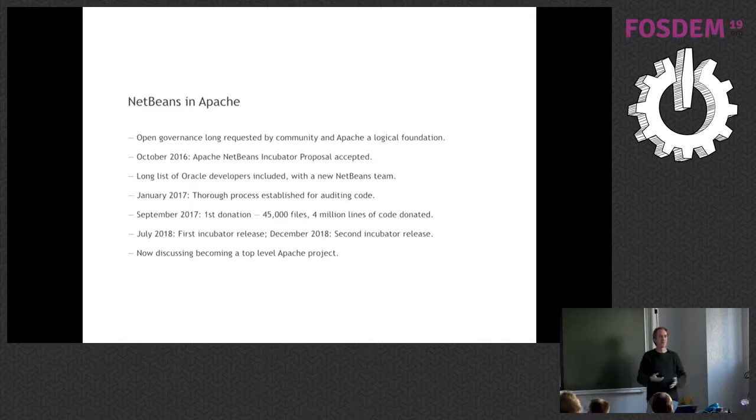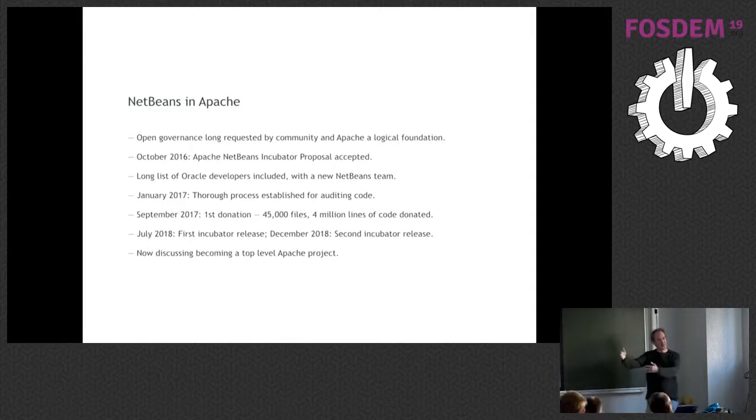So every single file at some point had to be audited, because we realized there's a toolbar in NetBeans with different icons for opening different browsers. One of those browsers is the Google Chrome browser. So there's a nice little icon in there, Google's icon. Google's logo is in our toolbar. Can we donate Google's logo to Apache? No, of course not. Then we have to look at every single file, every single picture, every single line in every single file to audit it before we can give it to Apache.